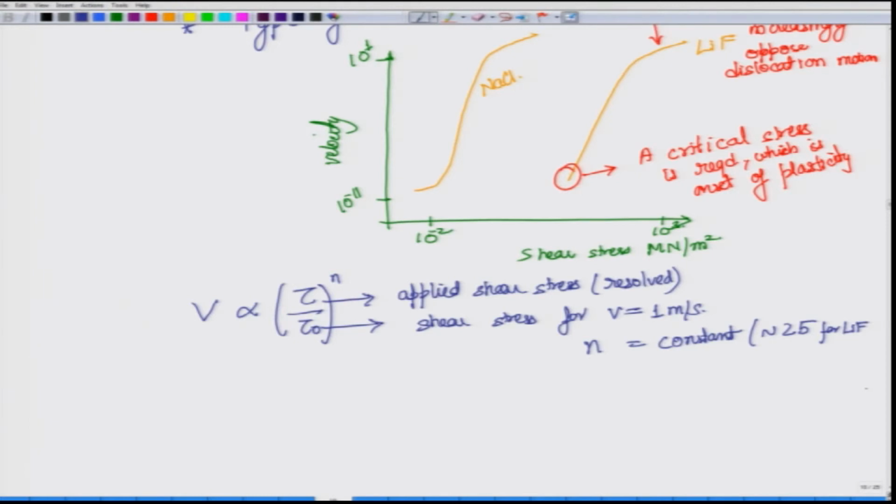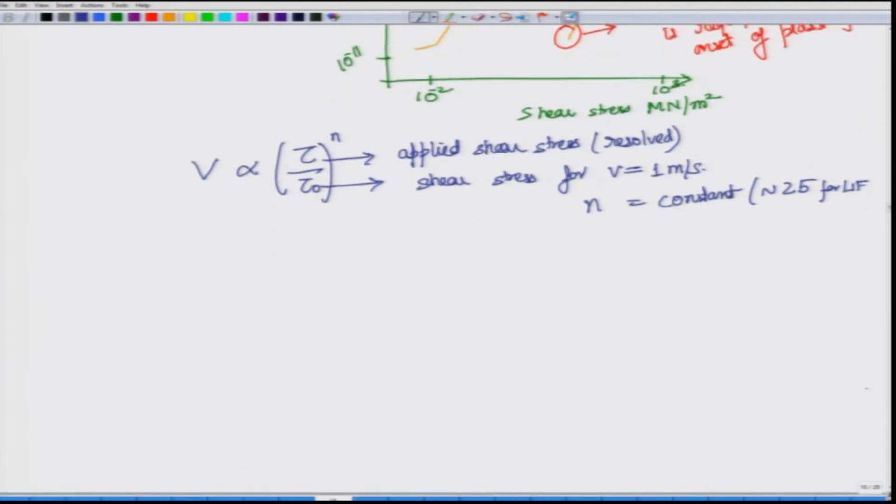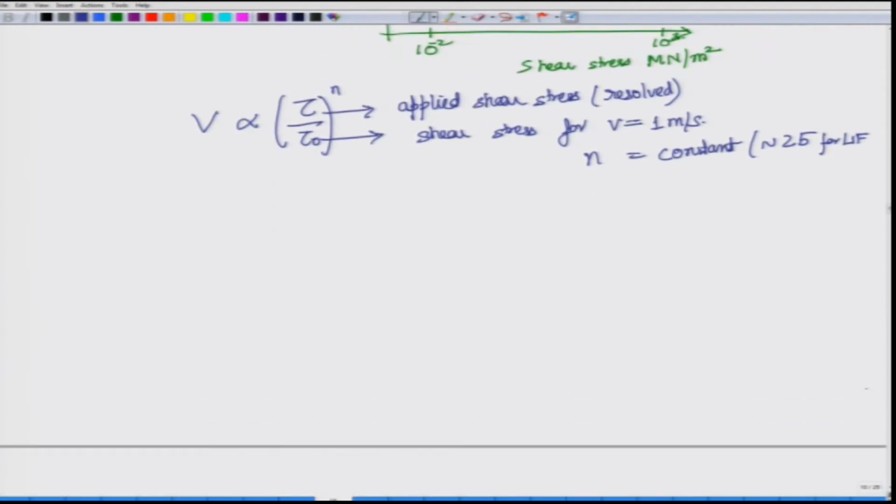We will look at the dislocation motion from the atomistic perspective later on. Here we are just trying to give you a perspective of what are the factors that will influence velocity of the dislocation, and as you would expect, shear stress is one of the most important ones, and velocity does increase very rapidly with increase in shear stress. There is also the effect of temperature, as we have already mentioned.